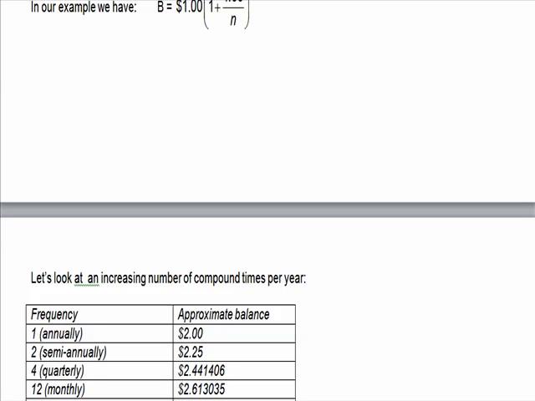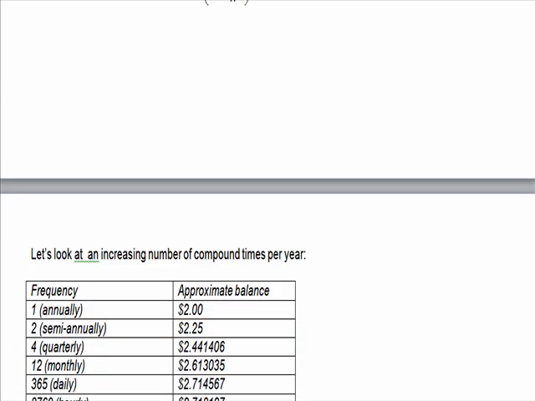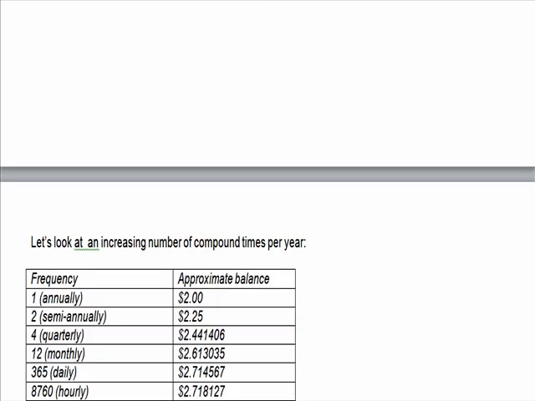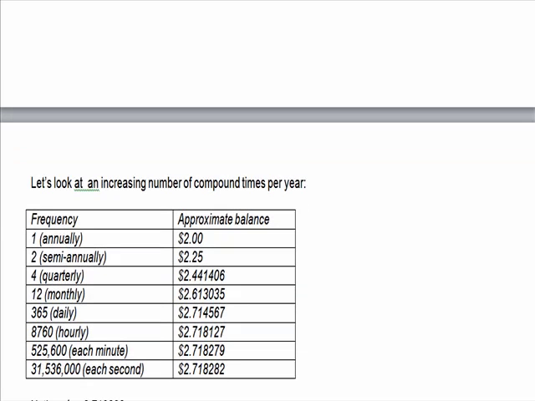If I did it monthly, so I plugged in 12 for n, I'd have 2.613035. If I substitute in 365, the daily, it'd give me 2.714567. If I did hourly, which would end up being 8,760 times, and then I did each minute and each second,